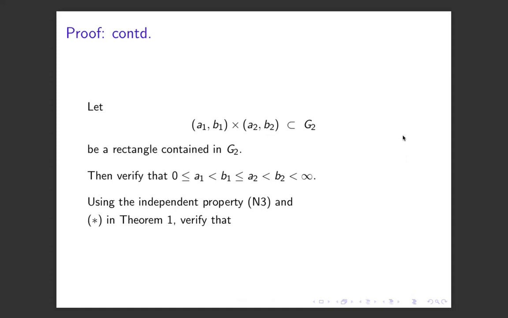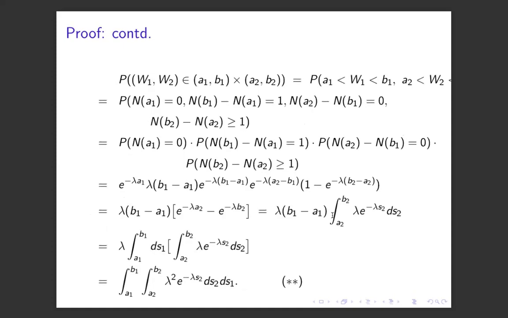So now, in the next slide, we will have a series of equations, and in that we will be using the independent increment property N3, and of course the conclusion of that equation which we had denoted by asterisk in Theorem 1. Using that, one can verify the following. The probability that (W1, W2) takes values in this open rectangle (A1, B1) cross (A2, B2) is equal to